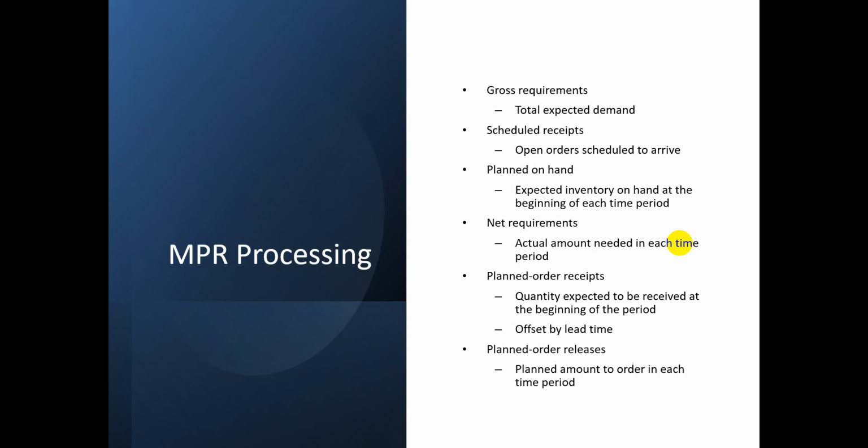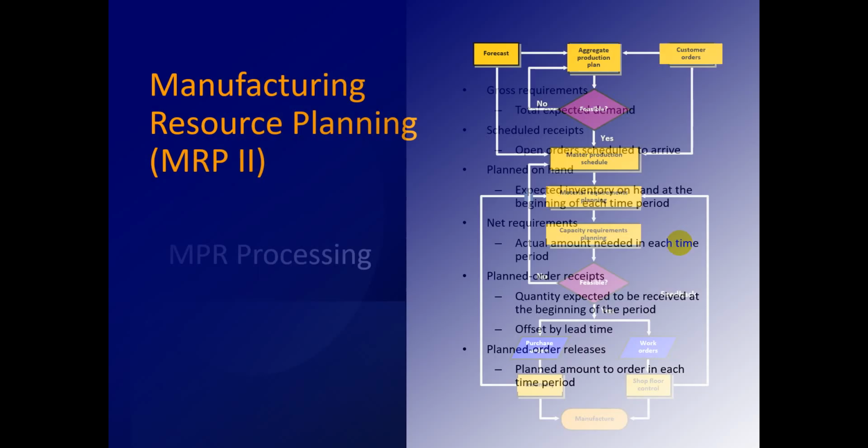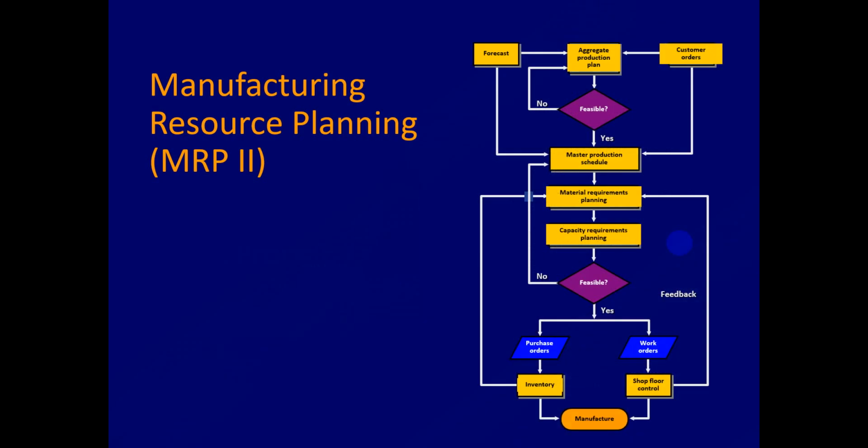Then planned order releases, like the planned amount to order each time period. So these are some of the MRP controller and MRP material requirement planning information. So here we'll